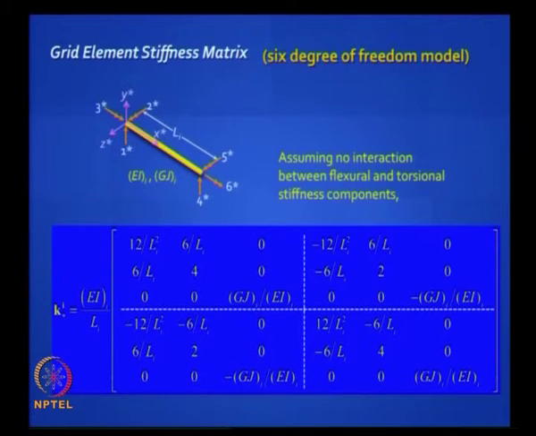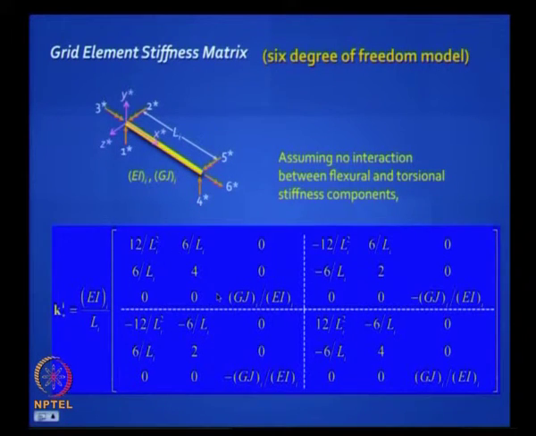So you will have this GJ by EI coming here, you will have 0 0 here, 0 0 here, because this is your torsional constant. It should be actually GJ by L, but for convenience if I take EI by L outside, I have to write here GJ by L. Please note that if this is GJ, then this will be minus GJ, and so on and so forth. The diagonal elements will always be positive. The rest of the matrix is exactly what you had for the beam element.